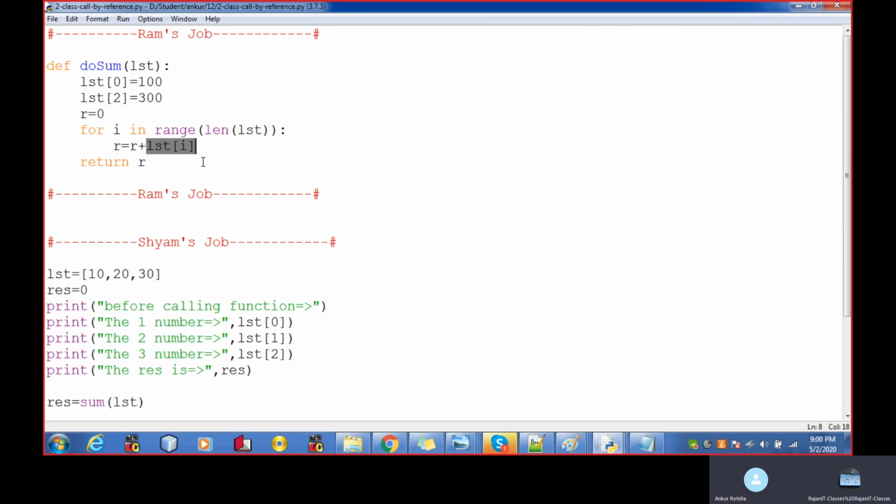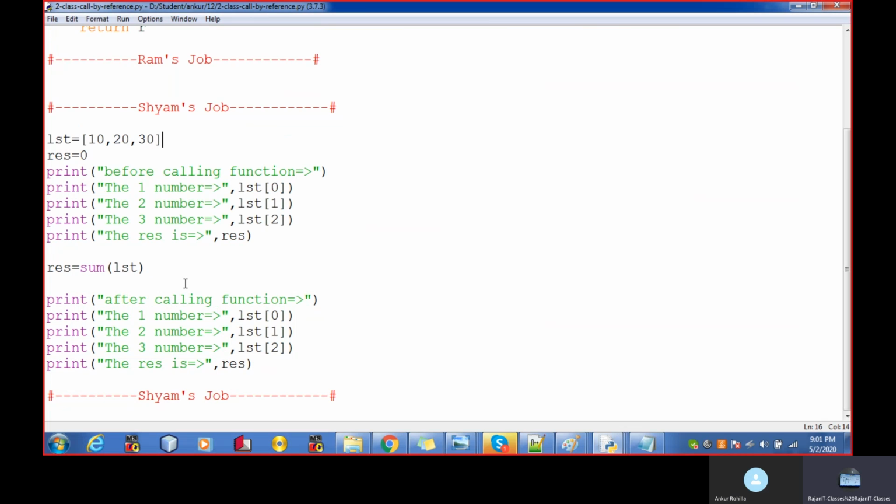It's very strange because I just opened another program which I discussed in the morning, and it was the same program, sir. It was working fine, but this is not working fine. It's completely strange. So LST over here we have LST, LST, LST, pass LST.